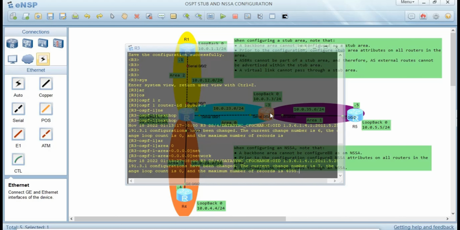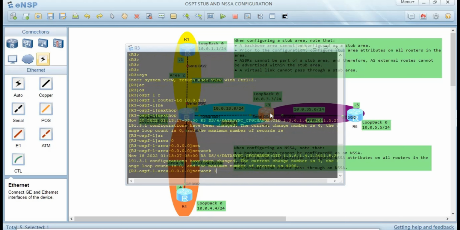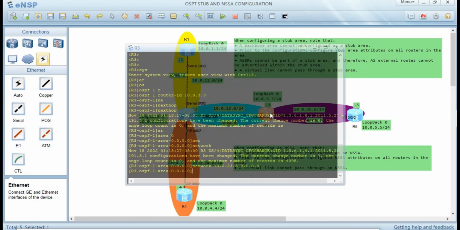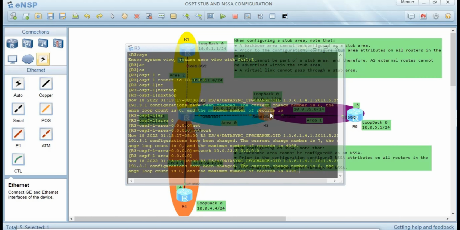Address the network of 10.0.23.3 with a wildcard mask of 0.0.0.0. Then the next network we are going to advertise will be